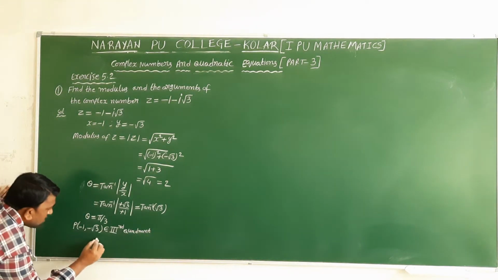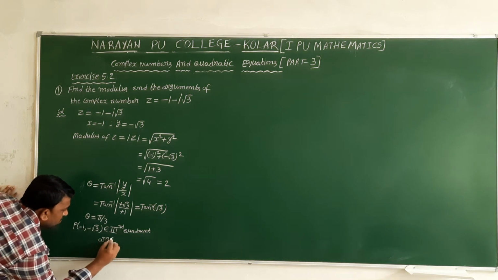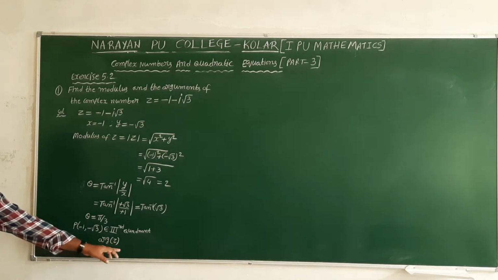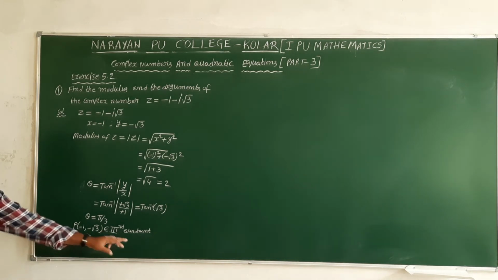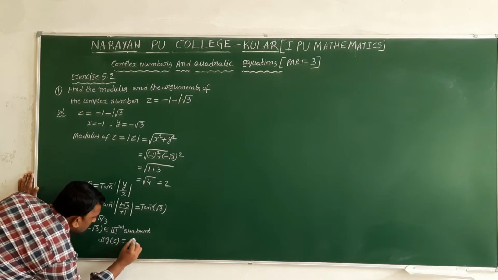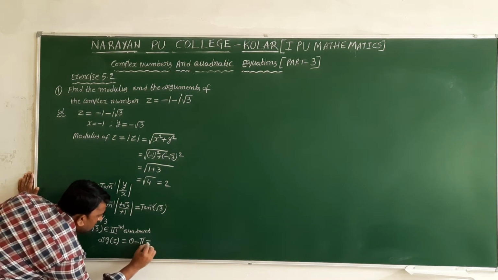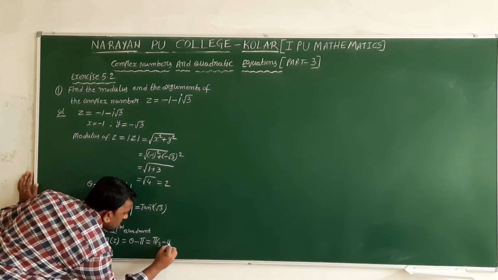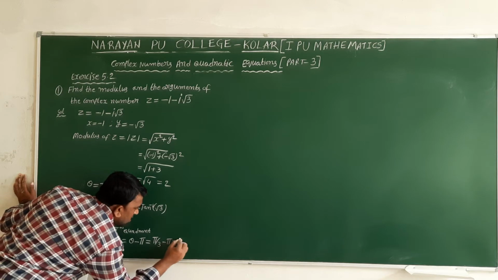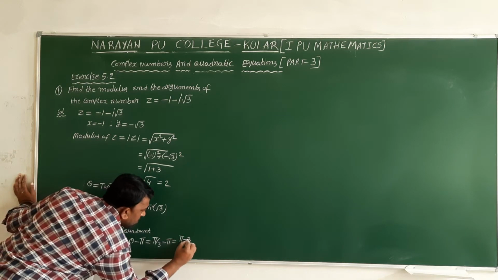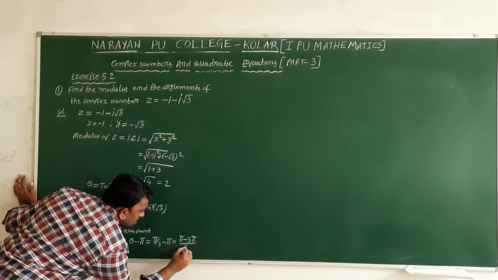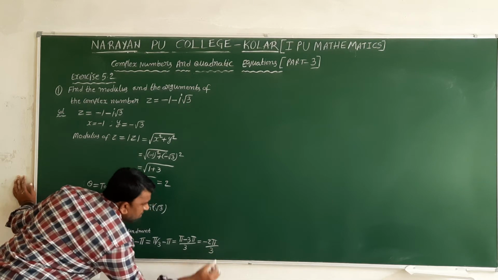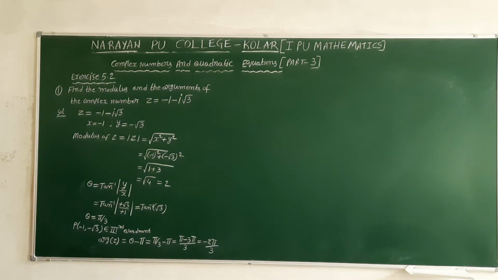Third quadrant. So argument z equal to, argument you can denote by arg of z while reading it as argument of z, is equal to theta minus pi. The theta value, how much did we get? Pi by 3 minus pi. So taking LCM, pi minus 3 pi by 3, that is minus 2 pi by 3. That is the argument of z.